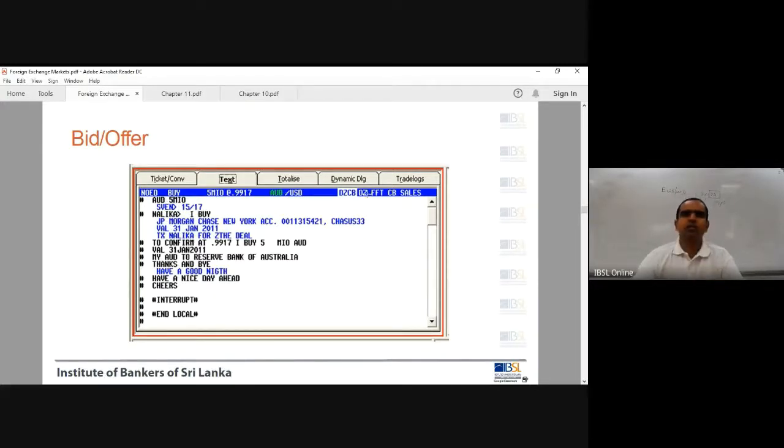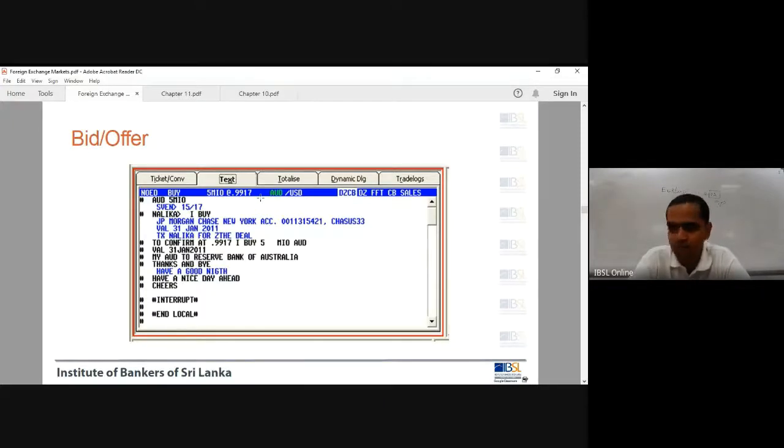When the transaction happens, the guy in black, he's asking for AUD 5 million. What he means is AUD against US dollar. He's asking for a price of 5 million. And so Australian dollar in this case is the base currency. So this Sven is quoting a price of 15.17. Remember, these are the pips. So only the pips have been quoted. They have said 15.17. Bid is 15, offer is 17.